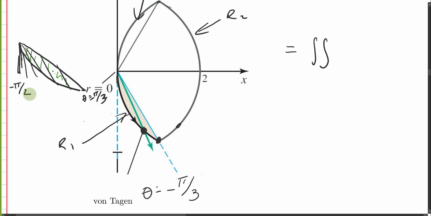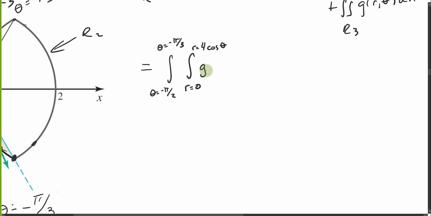Minus pi over 2. Yeah, so we're going to start at theta equals minus pi over 2 and stop when we get to theta equals minus pi over 3. And then for the radii, the radius starts at 0, and then it extends out until it hits this curve right here. Well, which curve is that? That is the curve r equals 4 cosine theta, g of r comma theta, r dr d theta, plus,